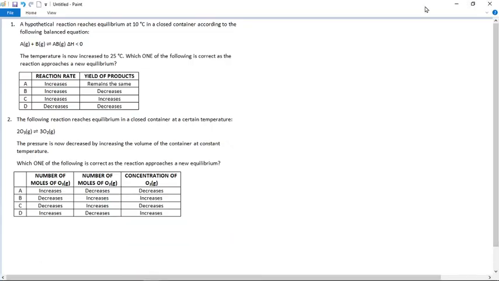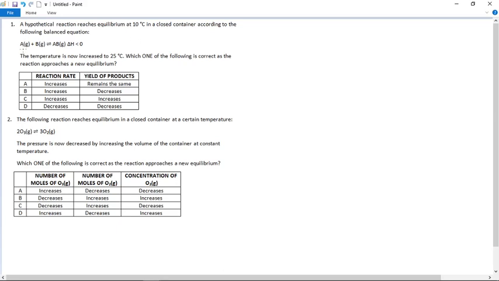Okay, let's look at this collection of matric past paper questions on chemical equilibrium. They are past paper questions from 2014 to 2020, all of the supplementary and June exams to the November-December exams. So the first one: a hypothetical reaction reaches equilibrium at 10 degrees in a closed container according to the following